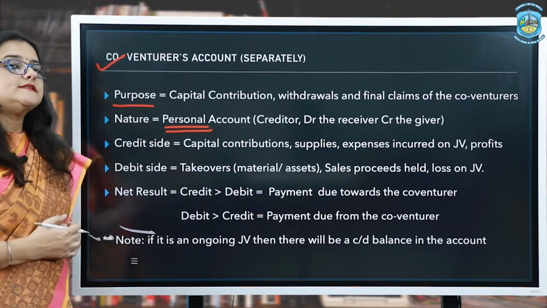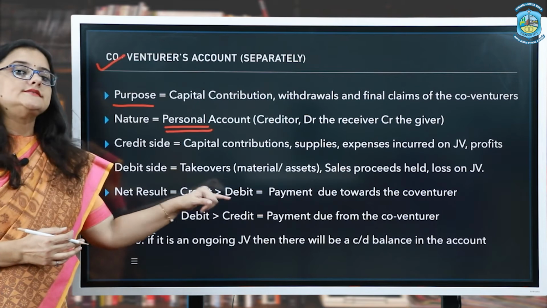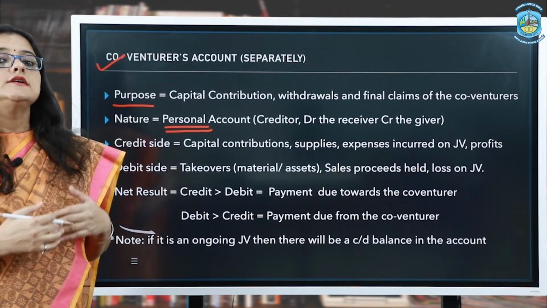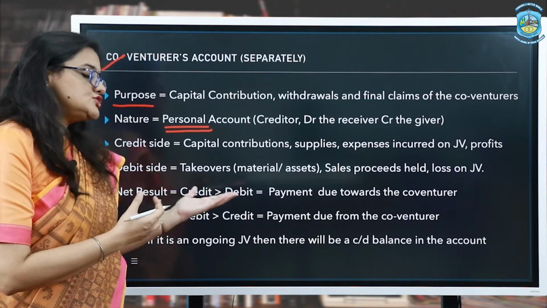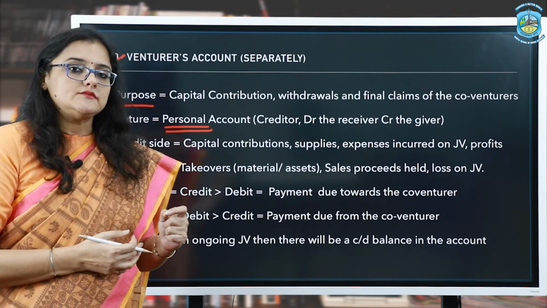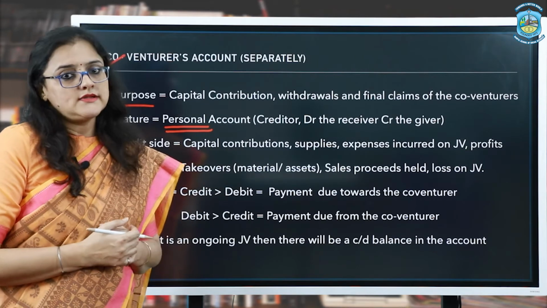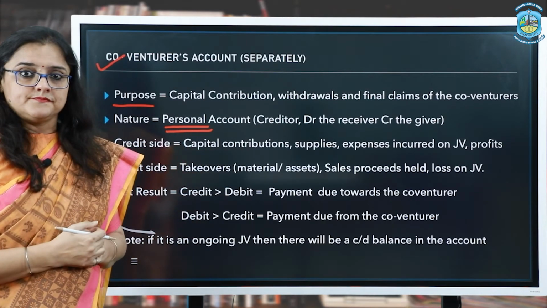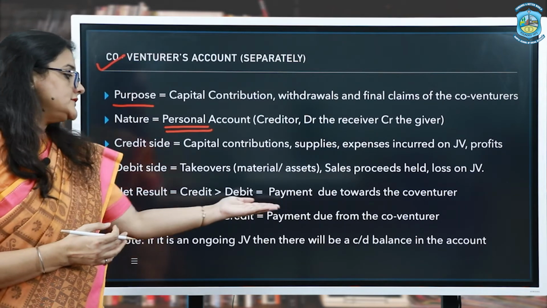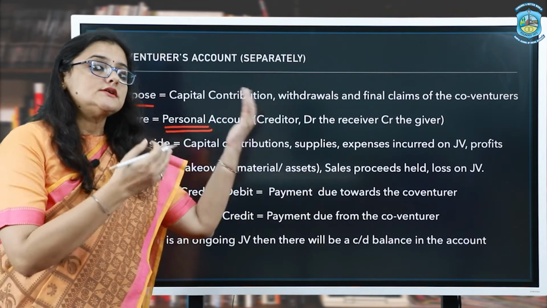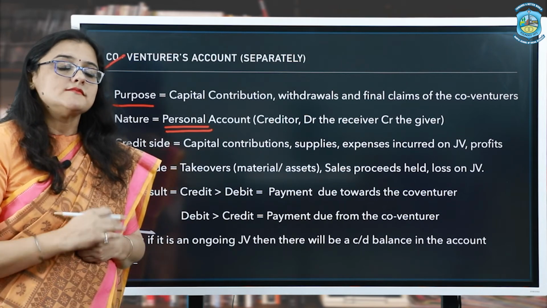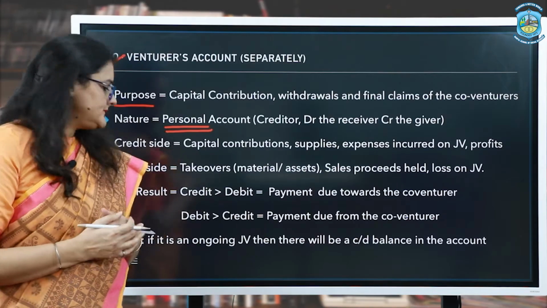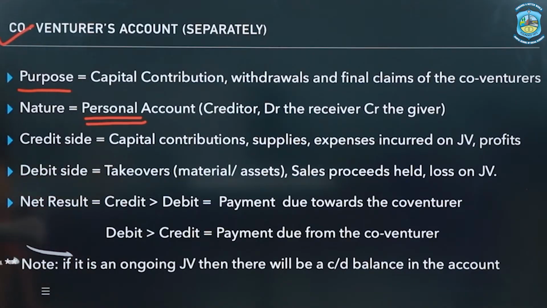The net result: if the credit side is greater than the debit side, this indicates that joint venture cash is due towards them, meaning their claim will finally be settled by paying them cash. And if the debit side is greater, they have overdrawn, right? So the payment will be made by the co-venturer to the joint bank account to make good the excess withdrawal. But that's a rare situation. The important thing to note about this is,